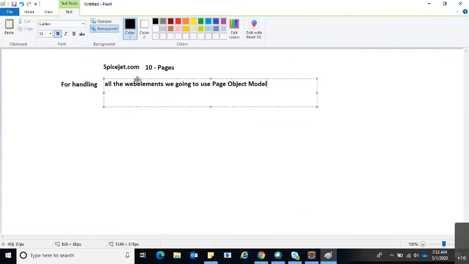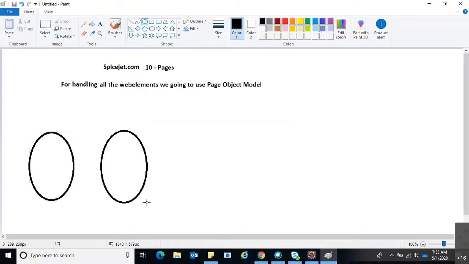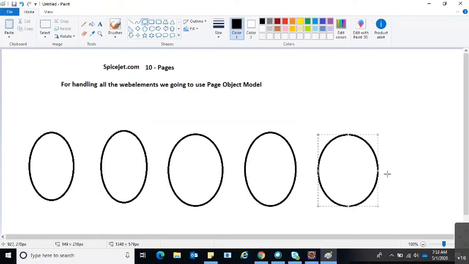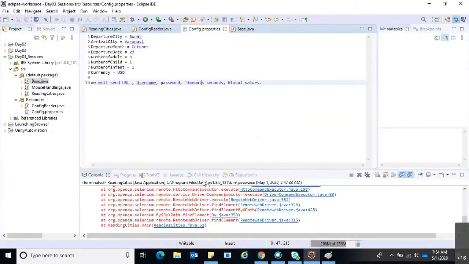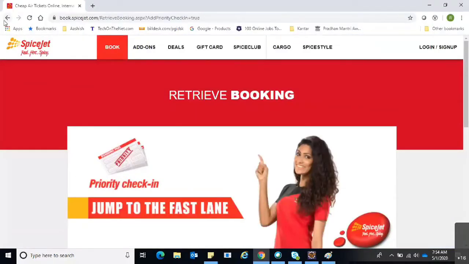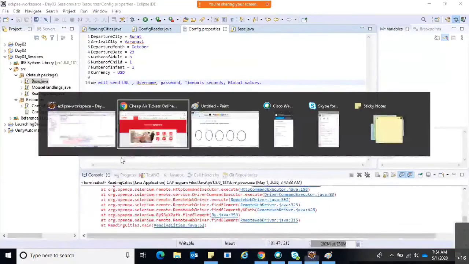Okay. So what are we going to do in this page object model? We might have 10 pages here. So I'm just going to create 10 classes, 10 class files, like this and so on. And this is the first class file. When we load spicejet.com, it will open the booking page, right?